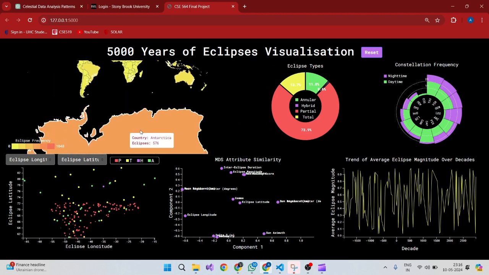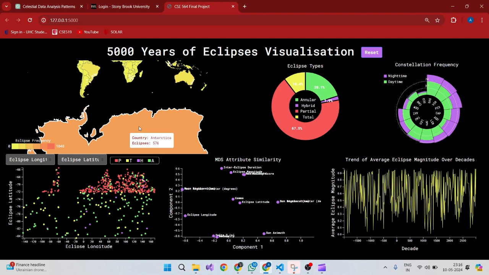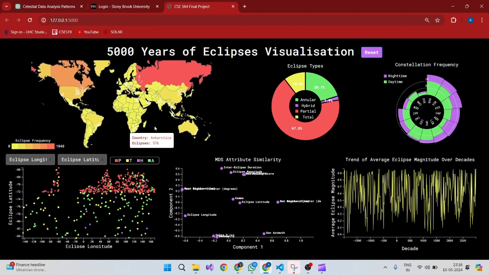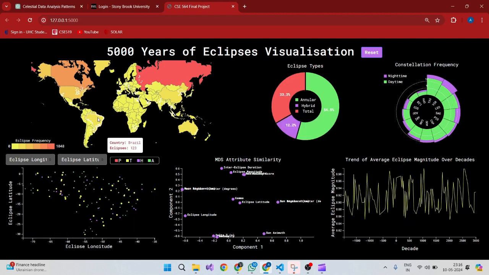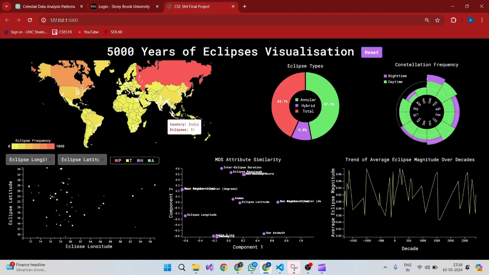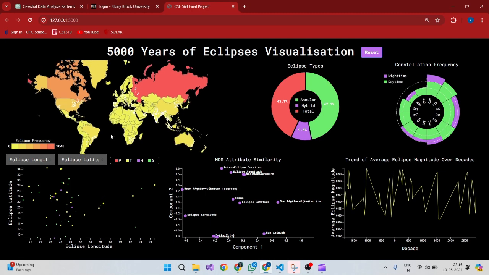Now let's look at the southern pole. For example, Antarctica. It also has 67.5% partial eclipses. But if we look at a country that is closer to the equator, such as Brazil, we can see that there are no partial eclipses in Brazil. And if we select India, we can see again that there are no partial eclipses. This is showing a very obvious trend that partial eclipses are more popular in the northern and the southern extremities